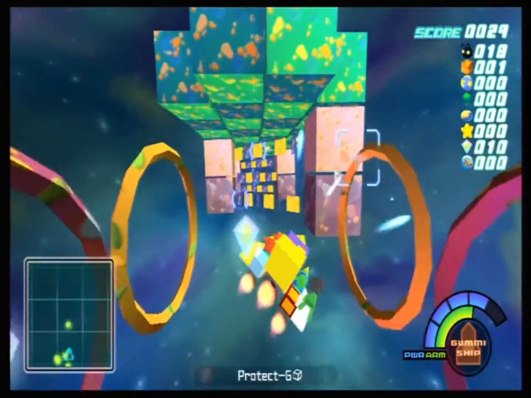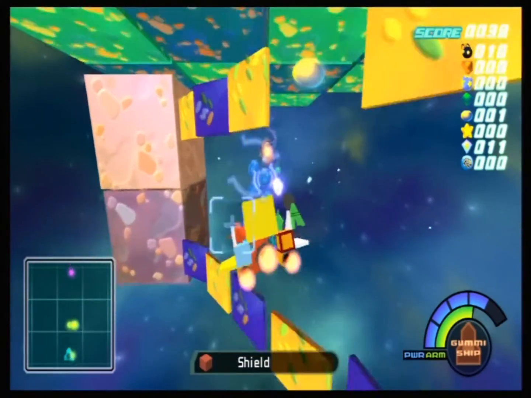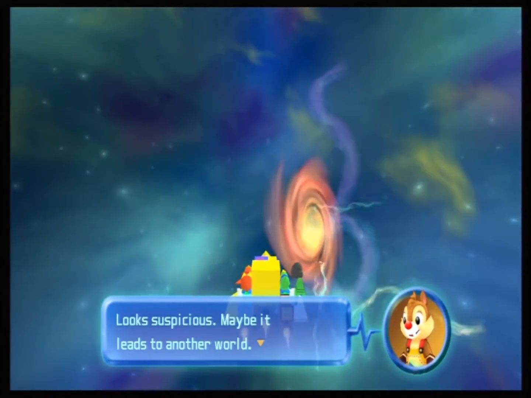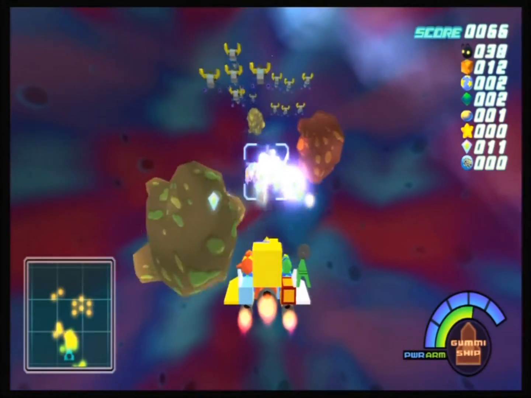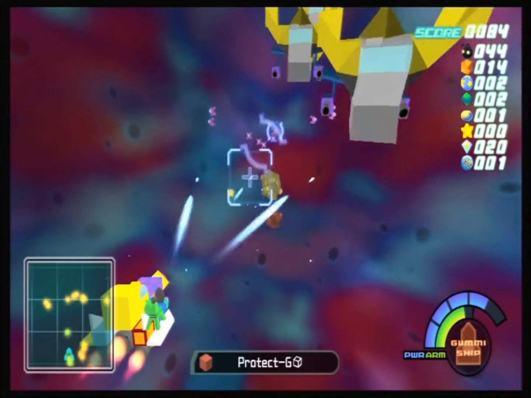Also, I want to correct a little bit. I kept using the word laser last time I was talking about my Gummi ship. It's cannons and lasers. So I have two lasers and two cannons, and look at this. Looks suspicious. Maybe it leads to another world. I think it does. So make sure you go into it instead of passing it like I almost did right there. Because not only did I upgrade all of my guns and ships and shooting things, but I also have more